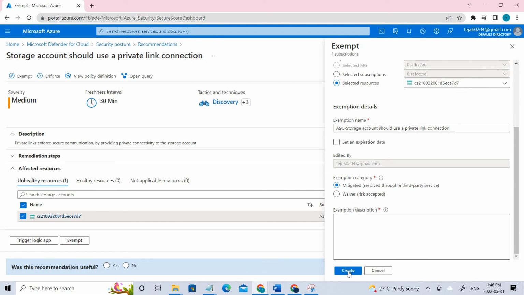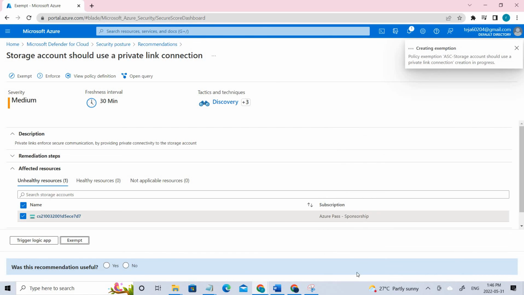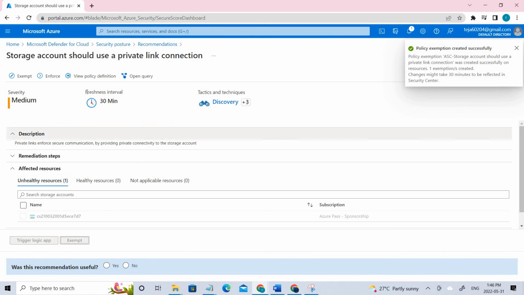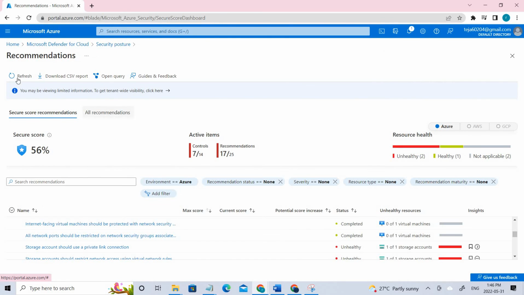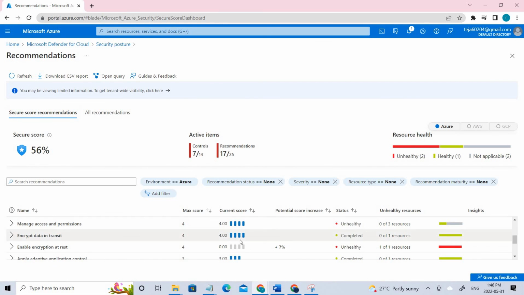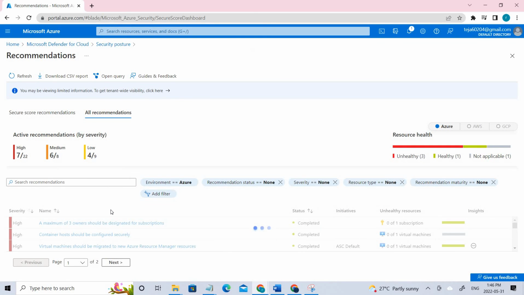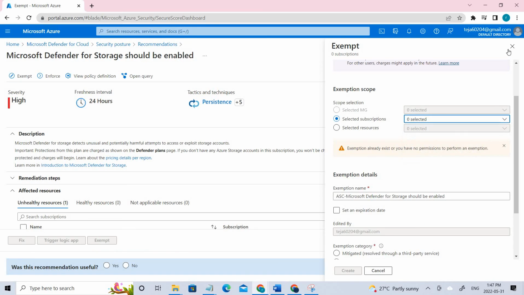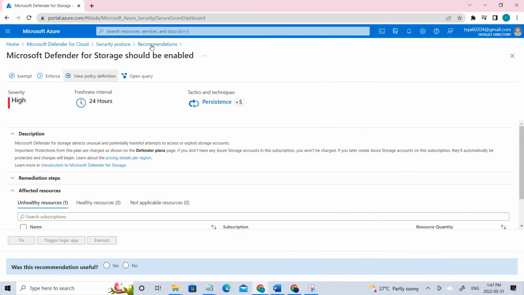So let's say mitigated and create. It was mitigated, create. So I have exempted this. If I go back, recommendations, if I try to refresh, if I go back,